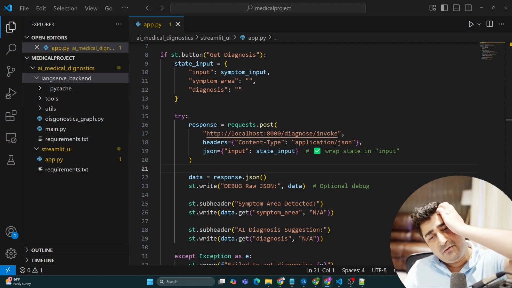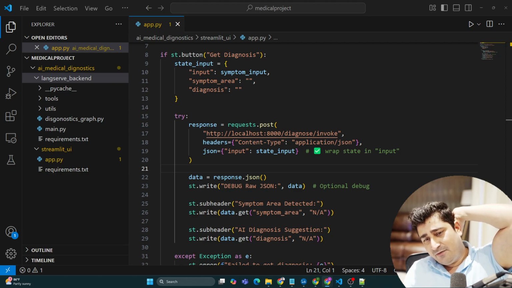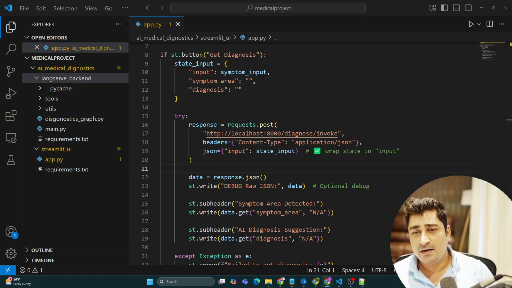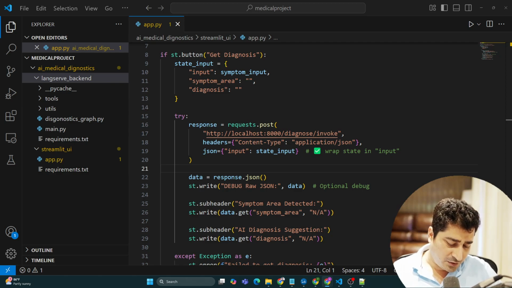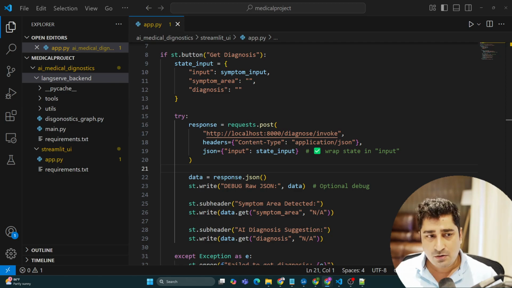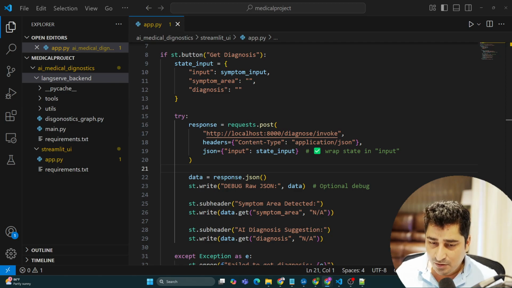Okay, Jitendra is asking one very good question. The project is really great, created from scratch, but one layman question: if a user can give a symptom in ChatGPT and get a detailed answer? Obviously, you will be able to give an input into ChatGPT, but here I'm not trying to teach you what can or can't be done with ChatGPT. What I'm trying to teach you is how you can create your own custom agent, how you can call your own custom tool, how you can connect each and everything, how you can even host it, so that going forward, let's suppose there is a document which is available inside